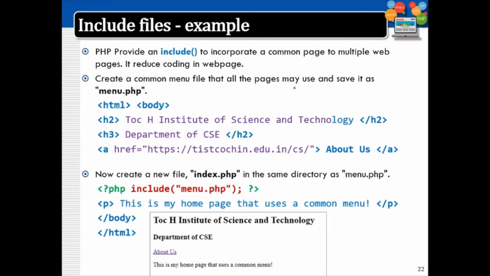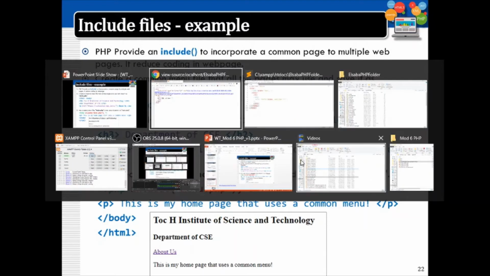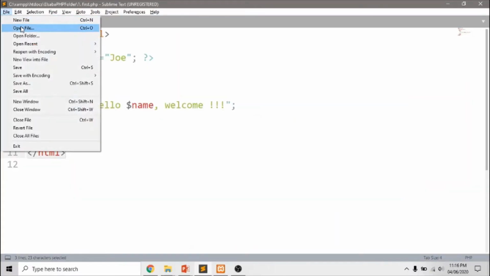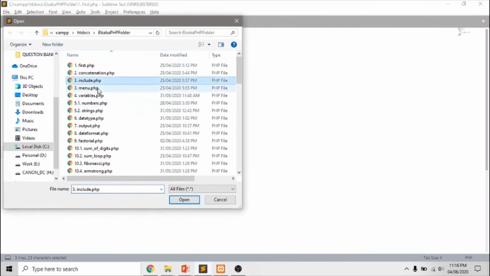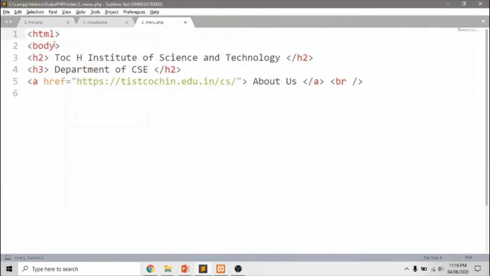Now we move on to the example of include files. Include files are generally used if you want to incorporate some common menu into some n number of other pages. I'll show you the example. So I have a menu file here which starts with an HTML page body, and I have a heading with the name of the institution and another subheading with the name of the department.